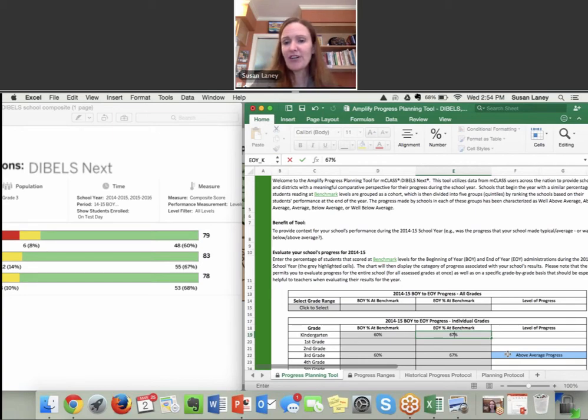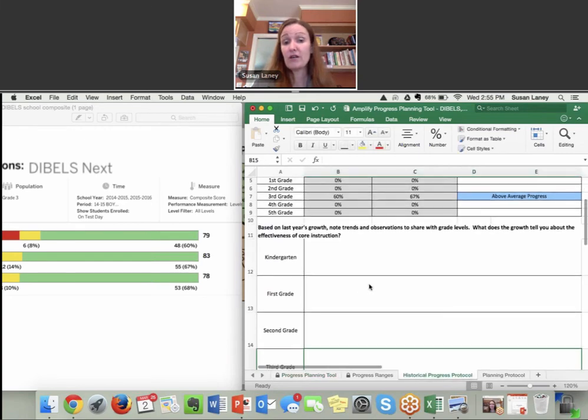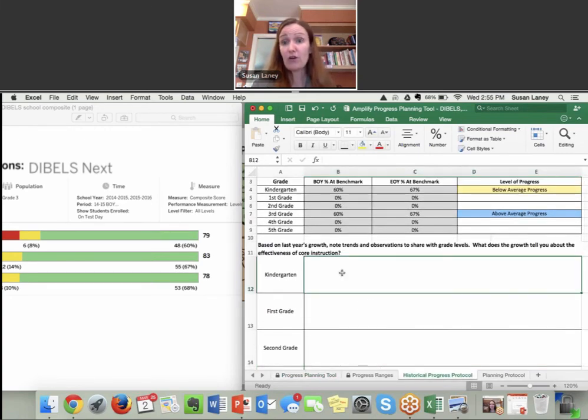And so the answer here is that happens to be below average progress. So in kindergarten, students typically, the groups of students that start at 60% of those students at benchmark would make much more progress than was shown here. So if we had to answer the same question about the effectiveness of core instruction for a group of kindergarten students using this tool, we would have to say that our core instruction was not effective,